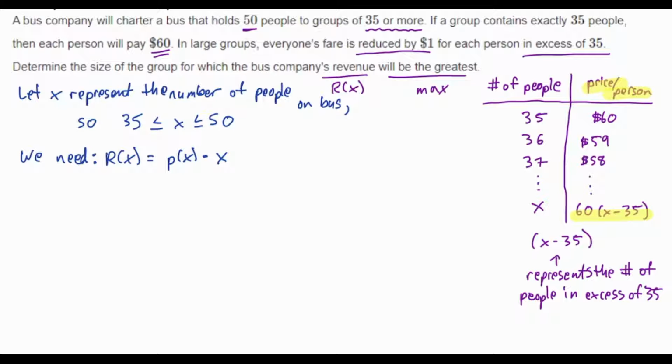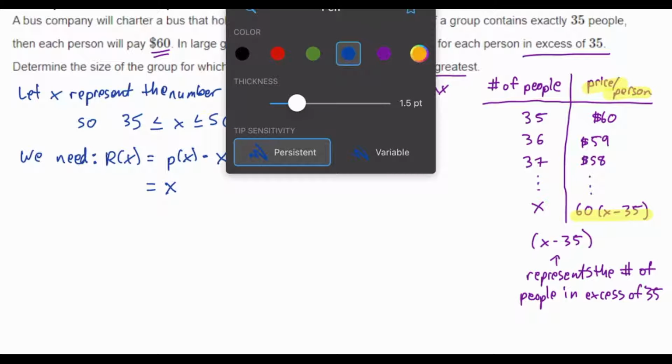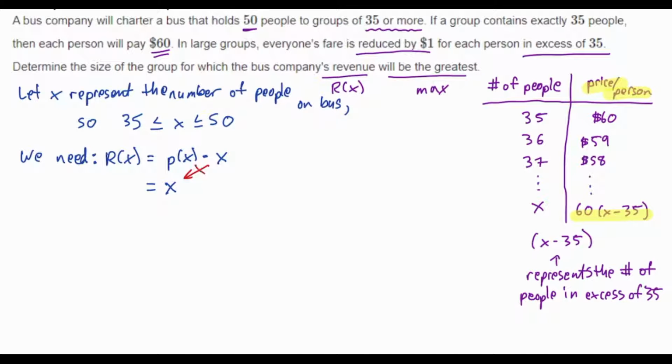So I'm actually going to reverse the order right away to make my life a little easier. So X is going to come first. So I'm crisscrossing here. I'll use some arrows to indicate that, because multiplication is commutative. That means the order doesn't matter. And our demand function is 60 times X minus 35. All right, let's tidy that up a little bit. So we're going to have X times 60X minus